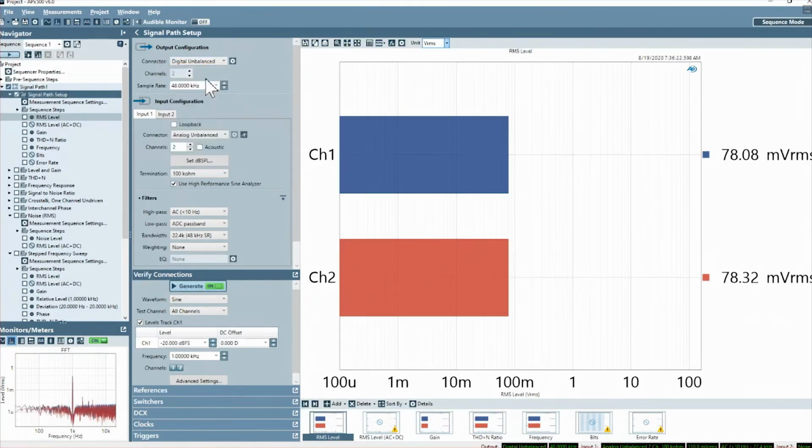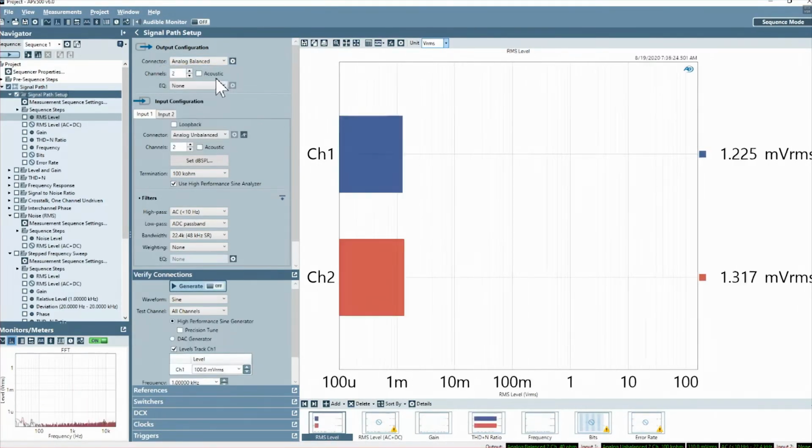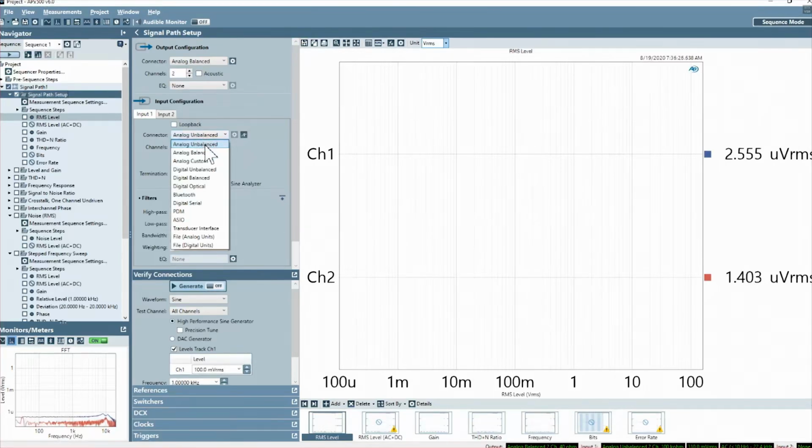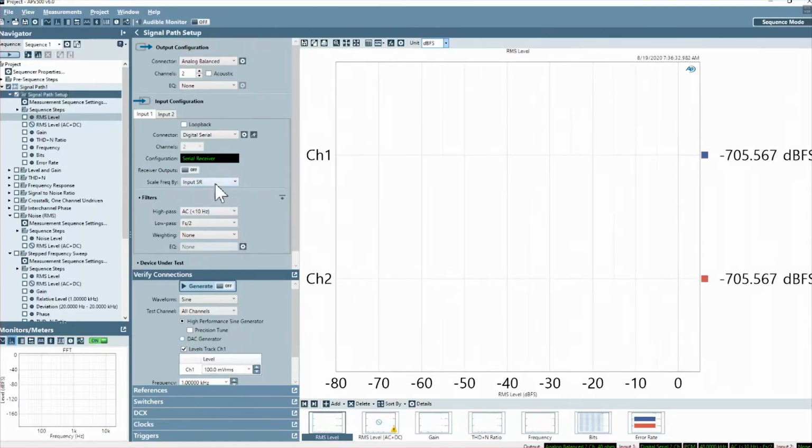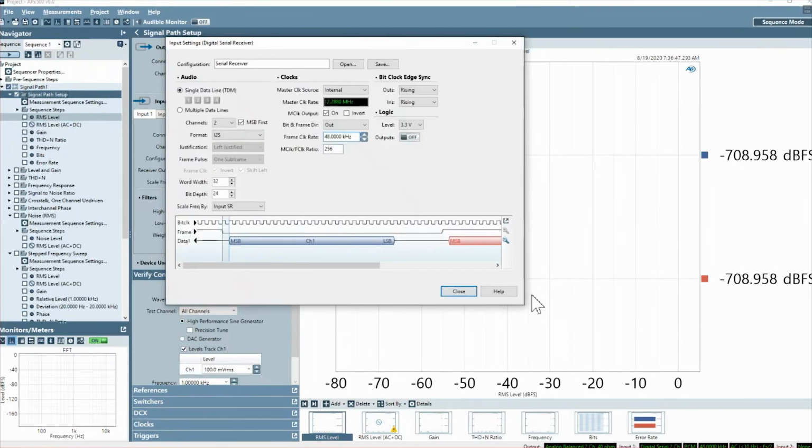So I'll set up my output as analog balanced. I'll set my input as digital serial. Whereas with analog and S/PDIF, probably the only selections I need to really make are to choose that that's the interface I want. With serial interfaces, I'm going to click on my little gear icon, and that's going to bring up my